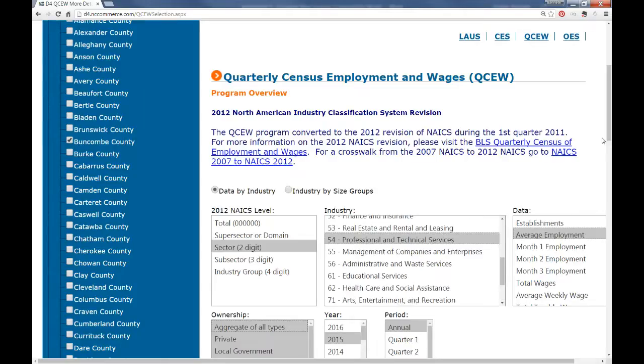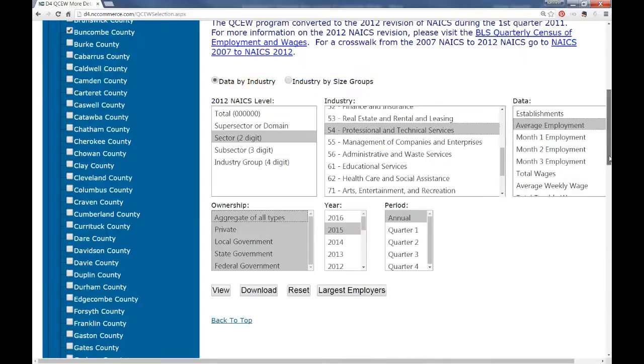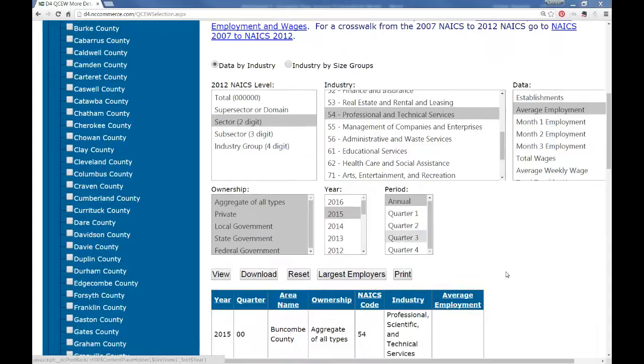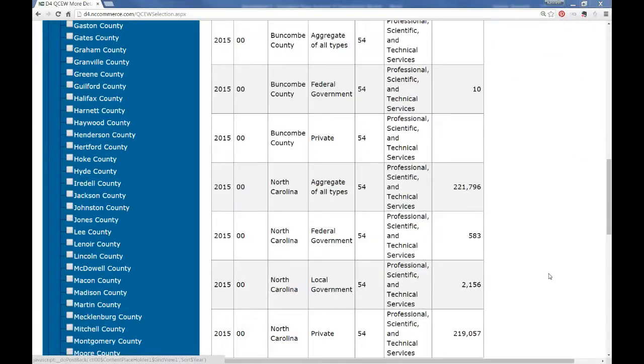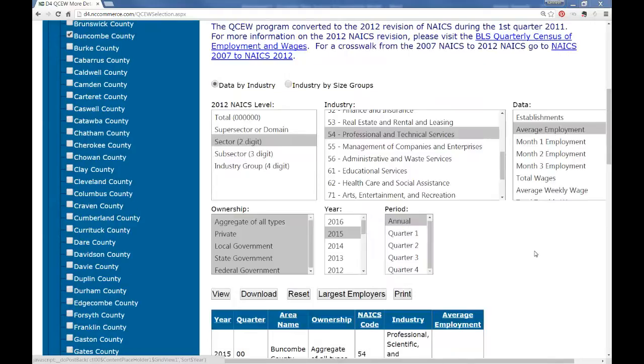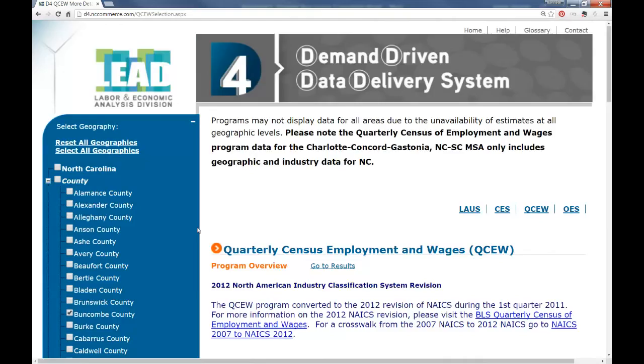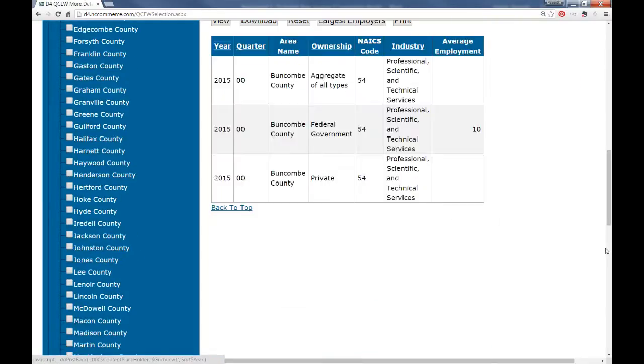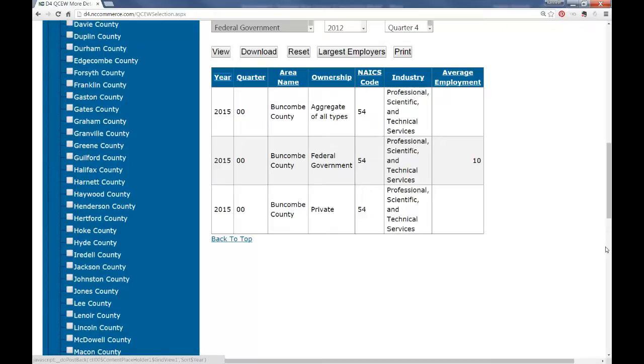And again, I've got my year 2015, annual, sector 2. I've picked everything else. I'm going to click on view down here at the bottom. It's going to chew on it for a second. And what it's going to do then is show me this data. Let me pull North Carolina out. I don't want to look at North Carolina with this example, but you'll need North Carolina. And what you see is there's actually in that field, the aggregate, it says here,